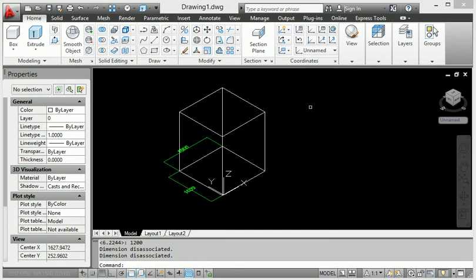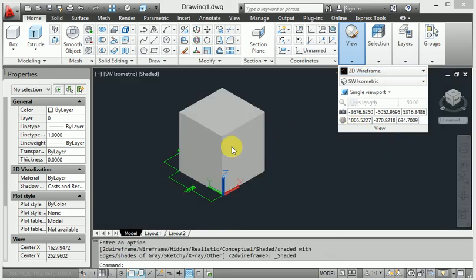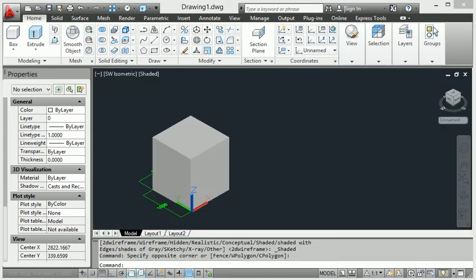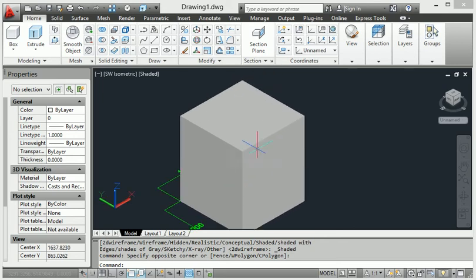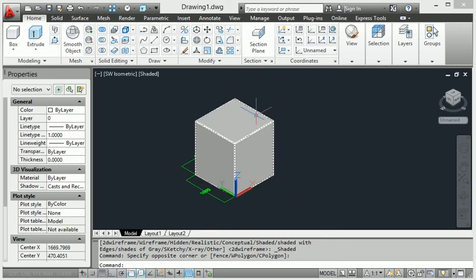So it makes a solid body here. When I change the visual style to shaded in AutoCAD 3D form, look at this, it is like a shaded part in an AutoCAD 3D component.